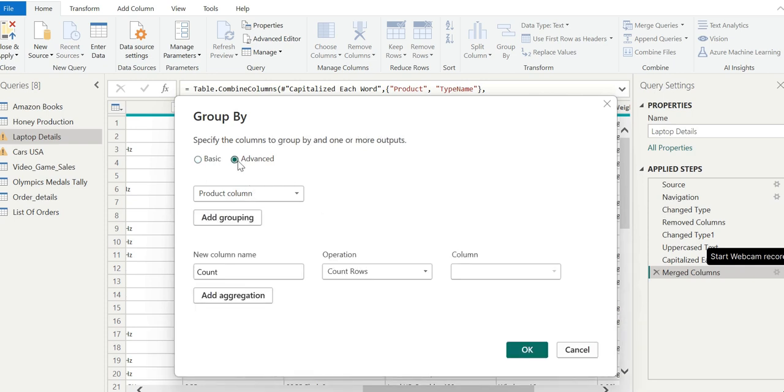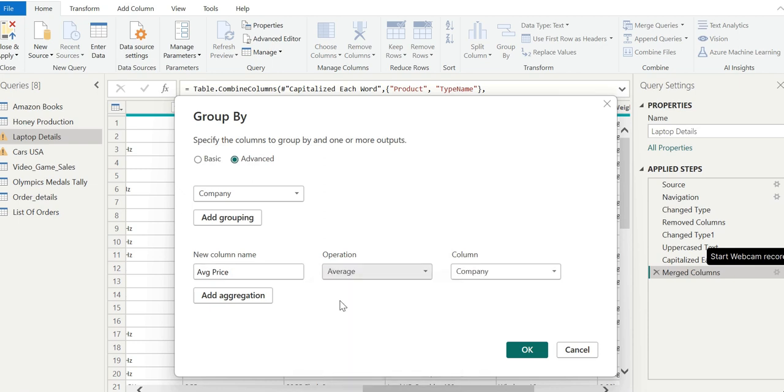In the advanced grouping option, we will select the column company. Now, in the new column name, we will enter average price, and we will perform the average operation here.